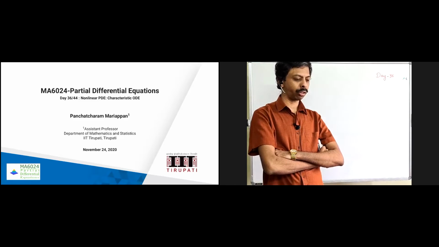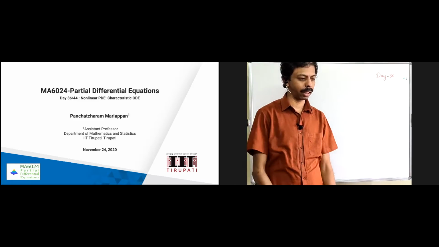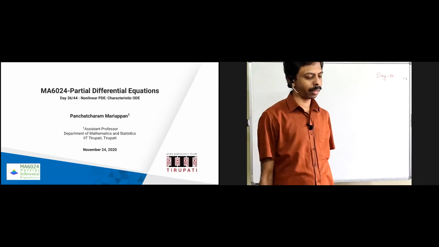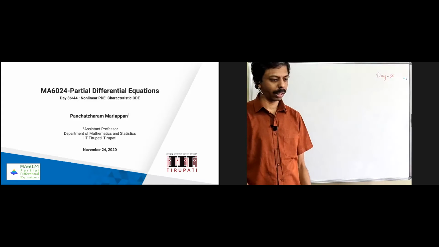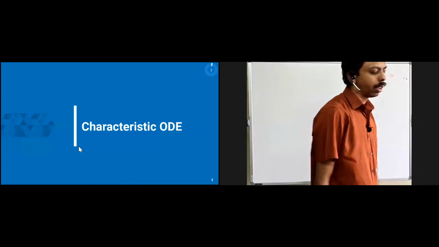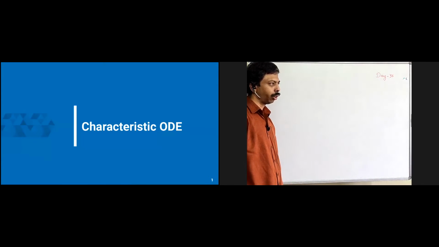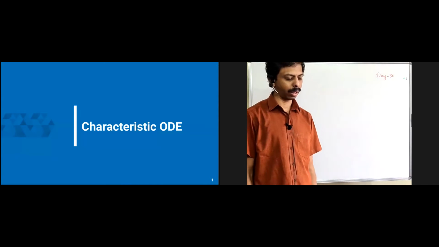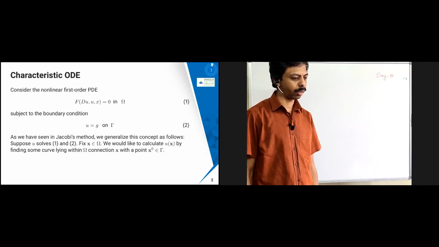Now we are going to see the generalized first order nonlinear PDE using the characteristic ODE again. You can just generate the characteristic ODE and then solve the problem. We are going to develop the theory for n-dimensional variables that can be applicable even to quasi-linear PDE or linear PDE, which we have seen already in the previous lectures. So that's what we are going to do.